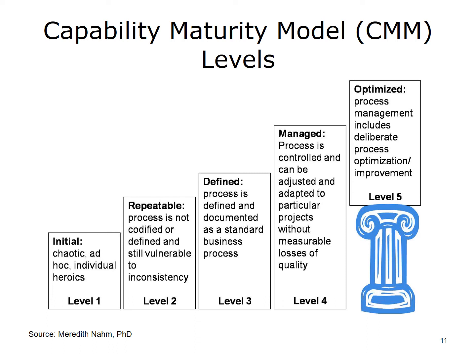Your job will differ depending on the CMM level at which the clinic operates. For example, if you find an organization at a lower level, much of your time will be spent eliciting tacit knowledge and helping the clinic leadership and staff codify it. The knowledge acquisition and process analysis phase will take longer where this is the case. Alternatively, when you encounter a clinic at the higher levels, there will be existing documentation of clinic processes that you can use as a source, and your acquisition and analysis phase will be shorter. When you encounter a clinic at level 5, your work as a process analyst may fit into their existing process improvement framework as part of their continuous improvement.